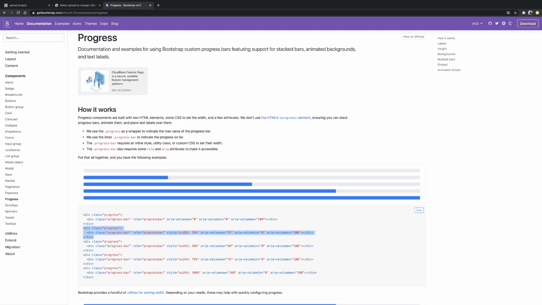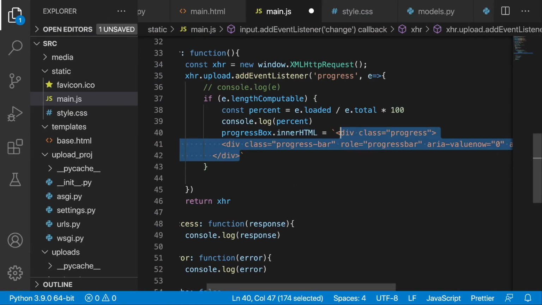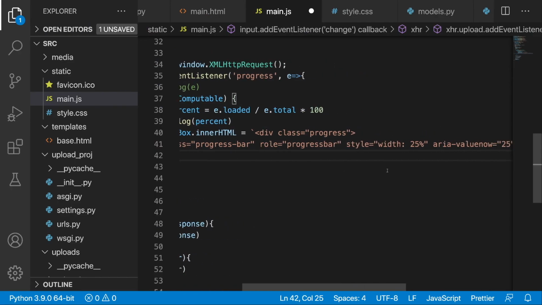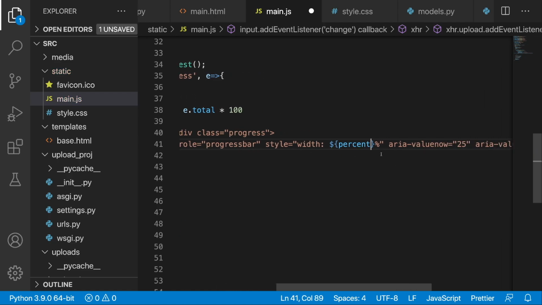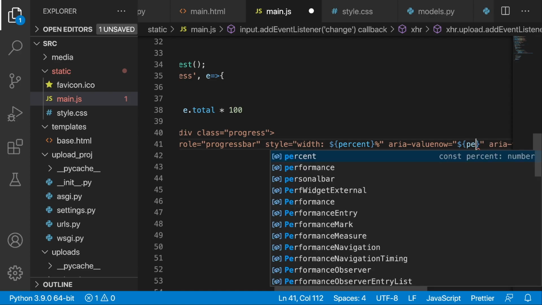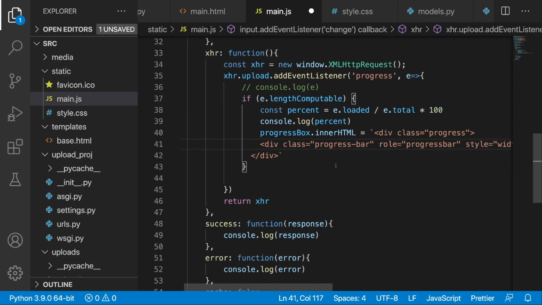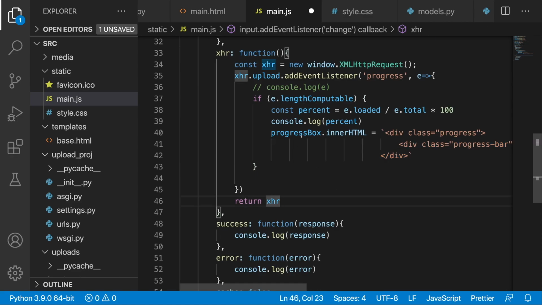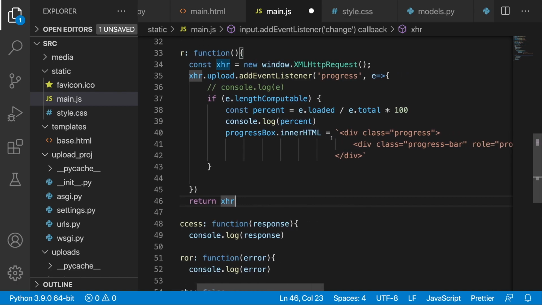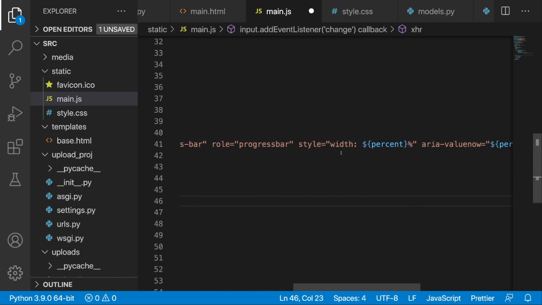Sorry about this, I'm going to paste this again, and here with the use of backticks we can inject the %, and then area value. Now let's put in also the %, and I'm just going to do it like this. So now we have this progress box inner HTML, which should give us the